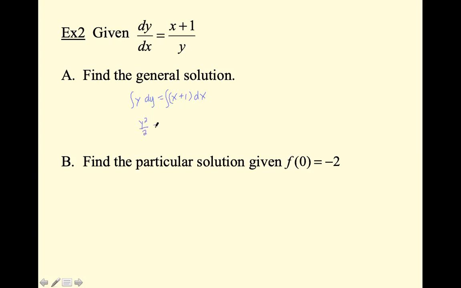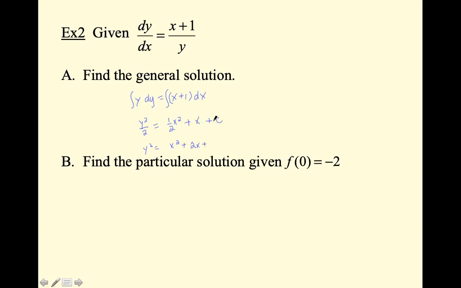The antiderivative of the right would be 1/2 x squared, or x squared over 2. Antiderivative of 1 is x, and we put our constant on the right. Keep your constant on the right here. All right, next step, I'm going to multiply everything by 2. So now I have y squared equals x squared plus 2x